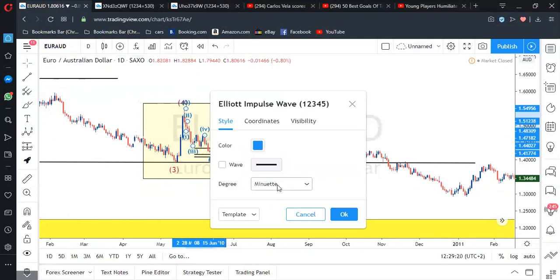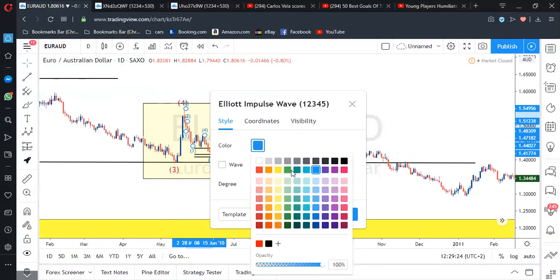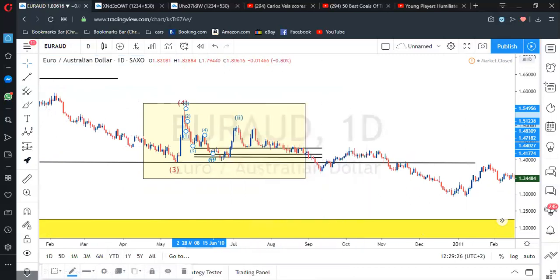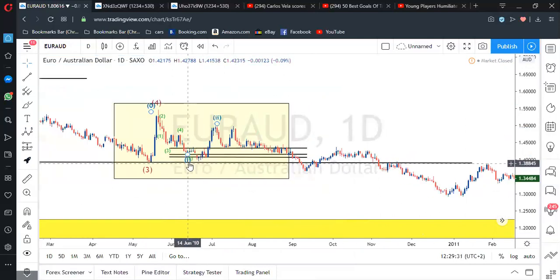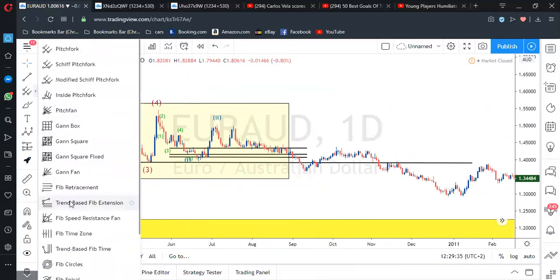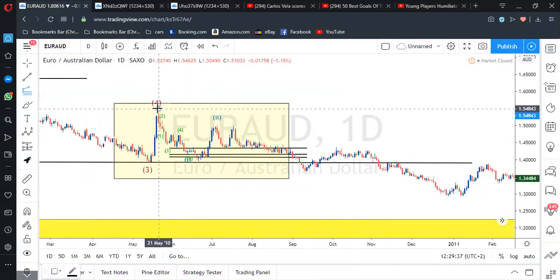Let's try and make them smaller and of different color. Yes, that's what I see inside. And then if we're to measure, you remember I told you how to find 5. Bottom point of wave